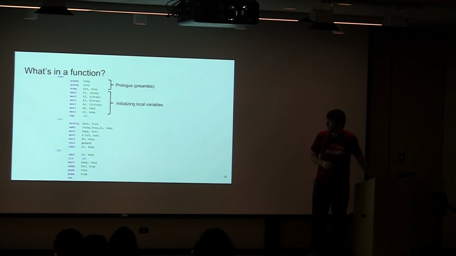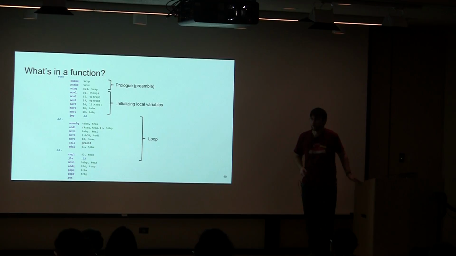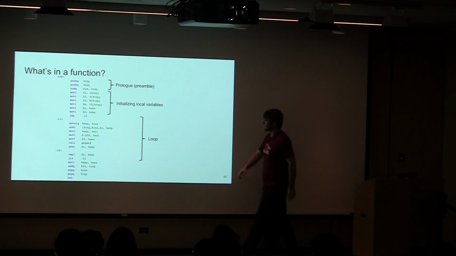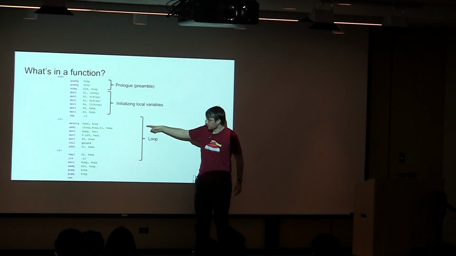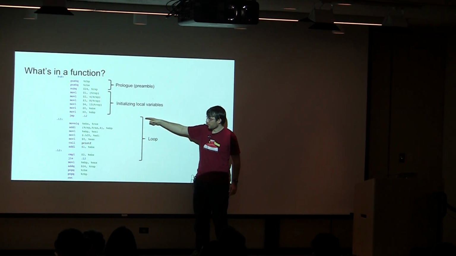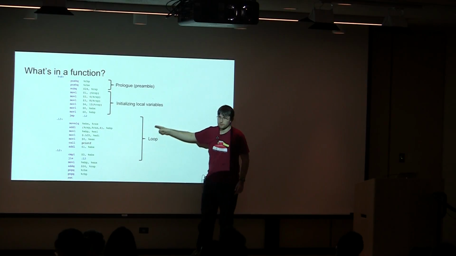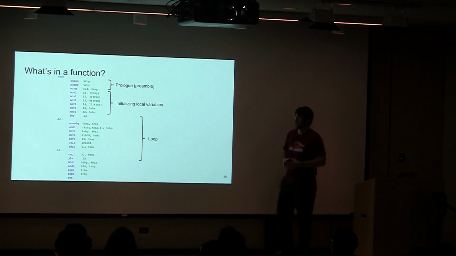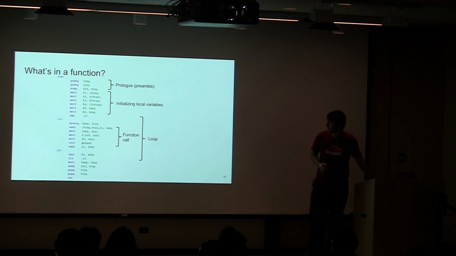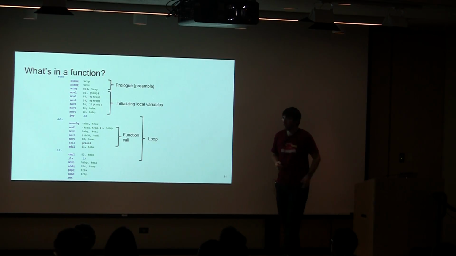Okay. Then we have a jump and a jump down, a comparison, and a jump back. So that looks like a loop to me, right? Here we're jumping down to L2, and then we're comparing and jumping back to L3. So it looks like we're going in a circle. So that's probably a for loop or a while loop. Inside that loop,